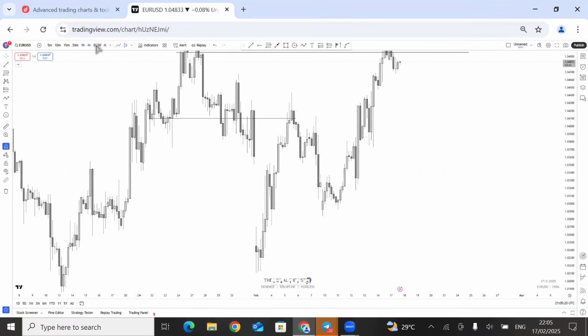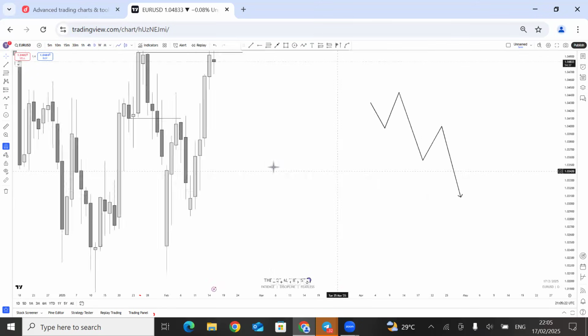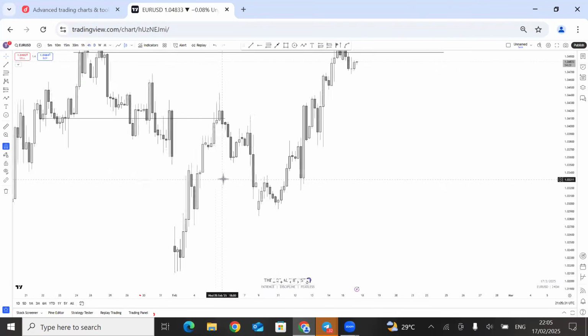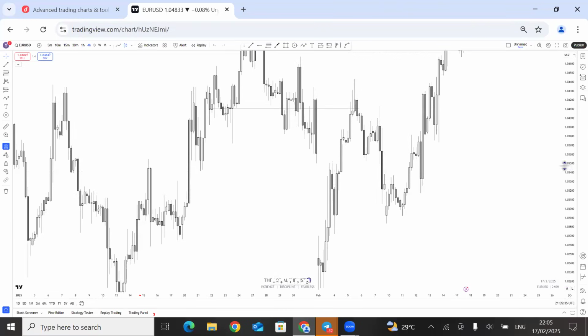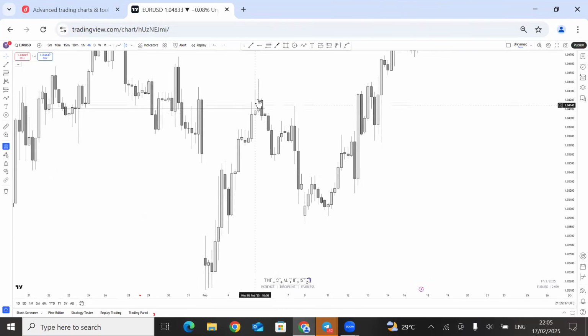So let's go back to the daily. On this daily time frame, price tapped into this key level and closed below it. So what do you want to do? You want to just switch to the next time frame, which is the 4-hour time frame. Sorry, I didn't say, you can also see an engulfing. If you see an engulfing candle, this engulfing candle also means something. It means our trend is bearish. So after an engulfing candle, you can still start looking for your sell opportunities.